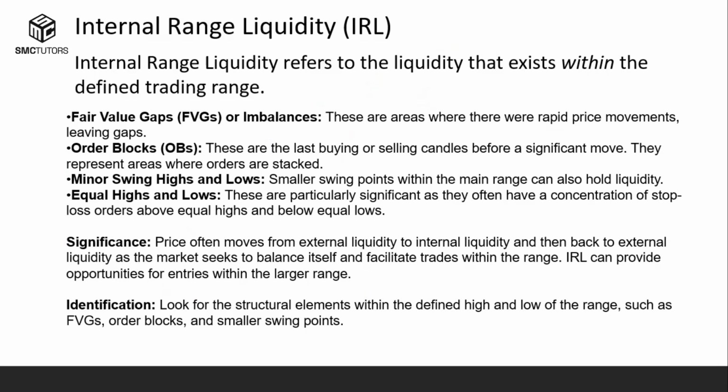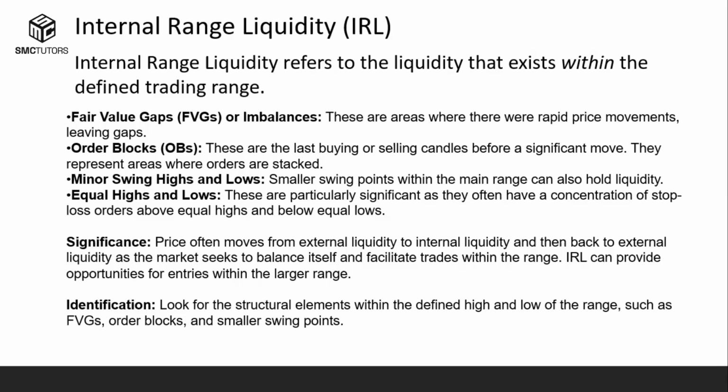So the key idea for price movement on the chart, every time you're looking at the chart, is that price is moving from external range liquidity to internal range liquidity and back to external range liquidity. This is how the market balances itself. While external range liquidity gives us the target of price, internal range liquidity gives us entries to target those external range liquidity. So if we're in a bullish market drive, price is seeking swing highs, previous highs as targets, is going to do a pullback into internal range liquidity to gather entries, then push back up to external range